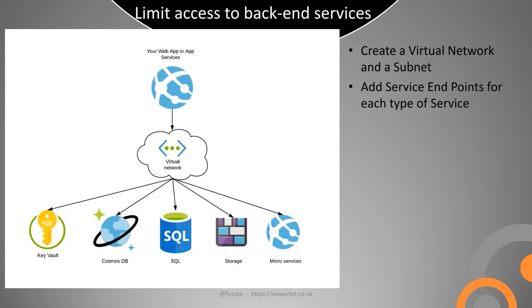Then you add service endpoints. Basically, if you want to access SQL through it, you have to go in and tell it SQL can be accessed through this. If you want to access Cosmos, you need to add that. And you just tick all the boxes for all of the services you want to be able to access through this VNet. And that has a lot to do with a whole bunch of internal magic that then happens,